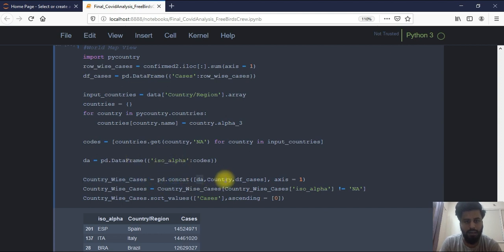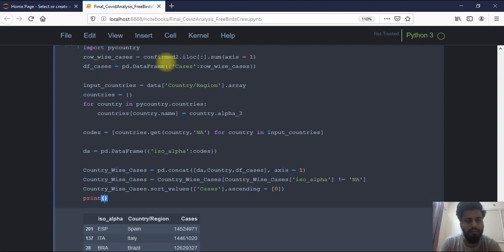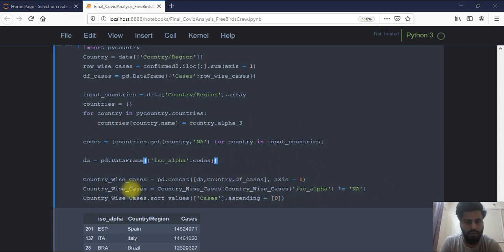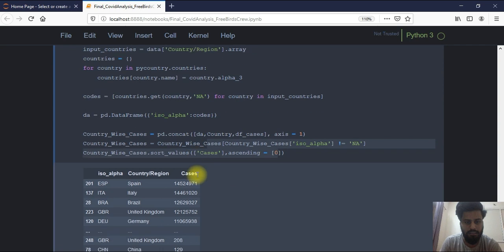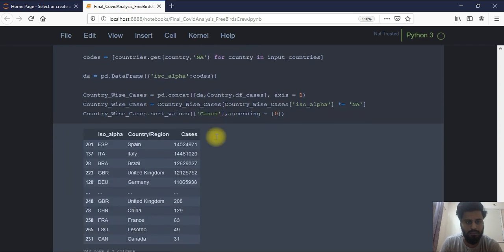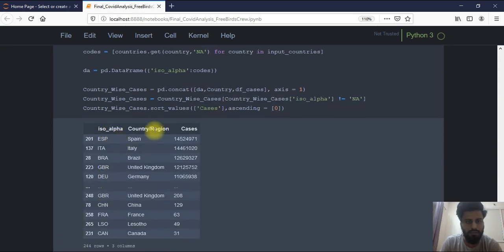DA is the alpha codes, country is the country data frame that I used, and DF cases is the DF cases. Here I can just drop the NA values, and now I can sort the values according to the most cases and the least cases. And just you can see we can get the ISO alpha codes respective to their countries and cases.